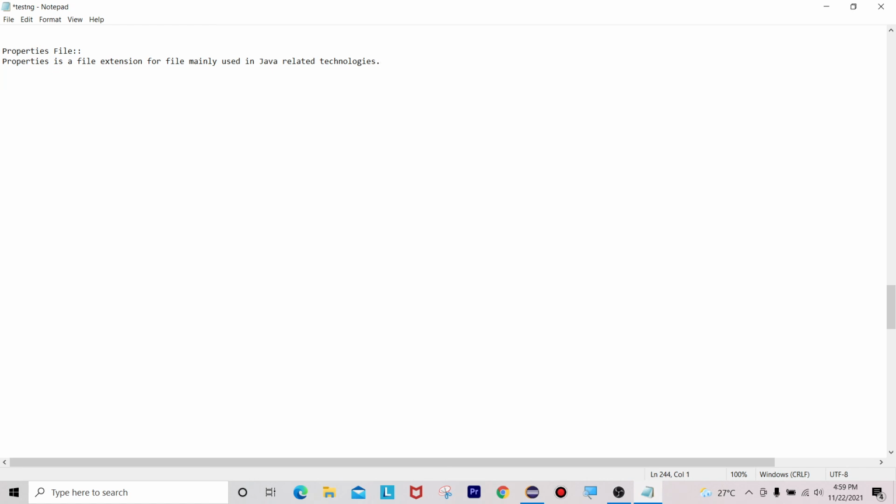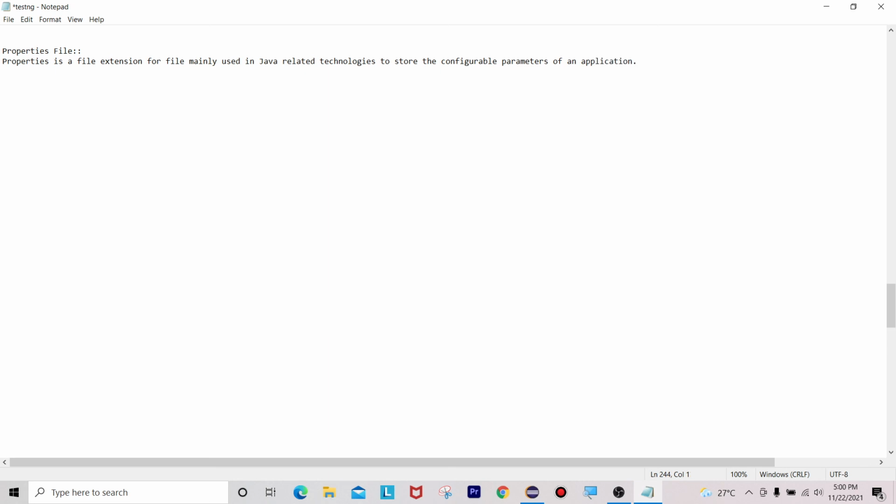Okay, the second line is, what we are doing here is to store the configurable parameters of an application.